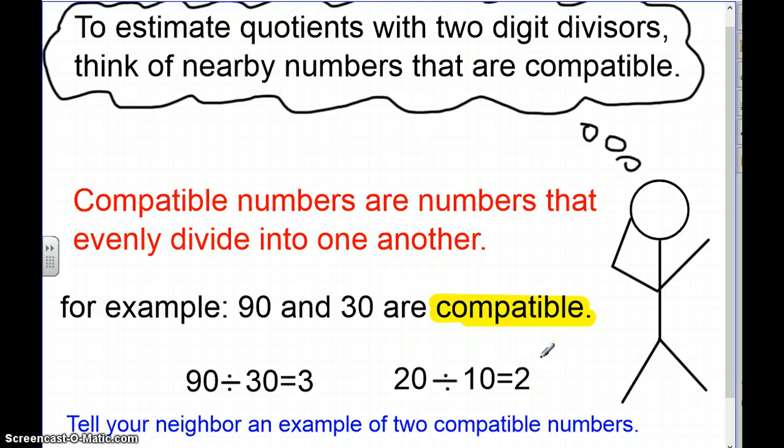So I want you to think of a set of compatible numbers right now and either write it in your math spiral or tell someone next to you. Say an example of two compatible numbers are,